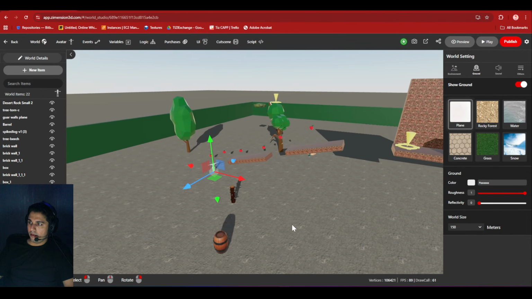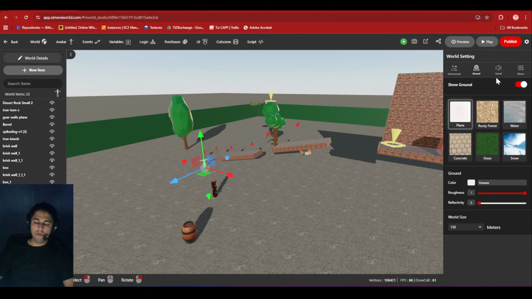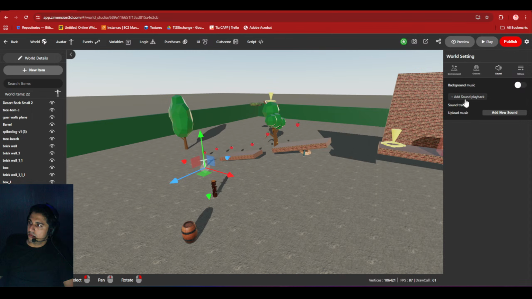Okay, so this is another basic. The sound, background music is very important in any game. So what you can do is you have to first add a sound, and then you have to add some triggers. The sounds you add from here will be played around the player. It won't be a spatial sound. But if you add a sound to an object, the sound will come from the object. It will have a spatial effect. When you go near the object, the sound increases. If you are wearing a headphone, you'll see the sound moving here and there based on your camera movement.